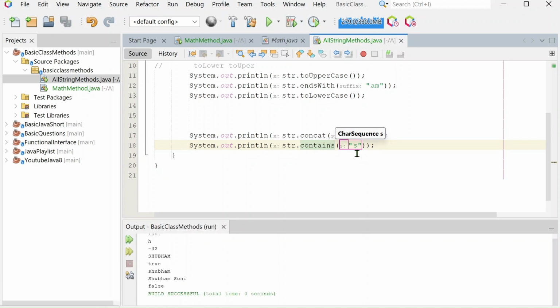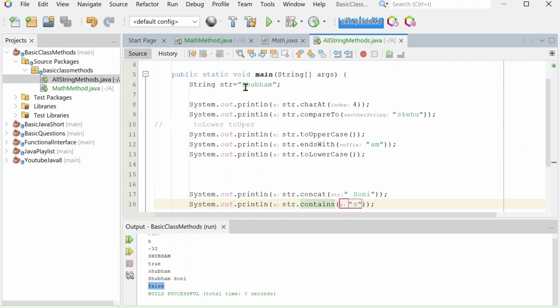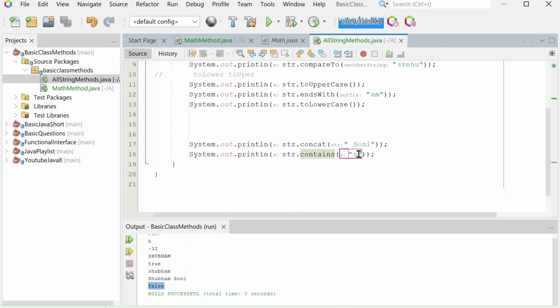Here you can see that it is false. It is because the s is small, but in our case that is a capital. Okay, so let's press Shift F, then Ctrl S, Shift F6. Here you can see that it has given true. And apart from it, let's discuss another method,